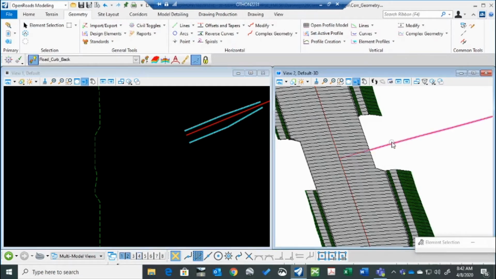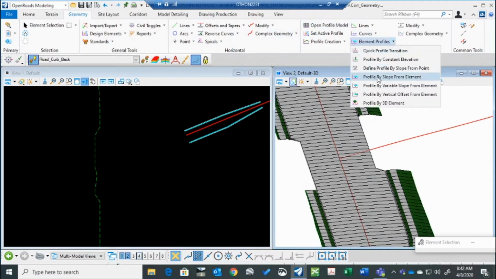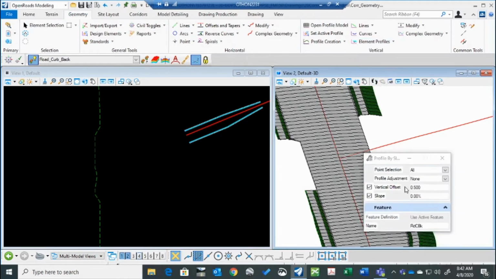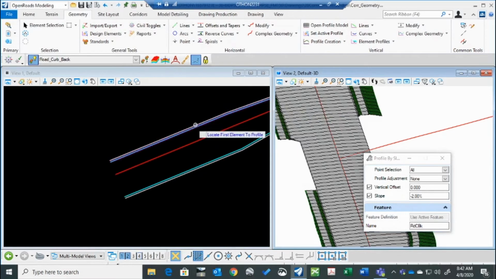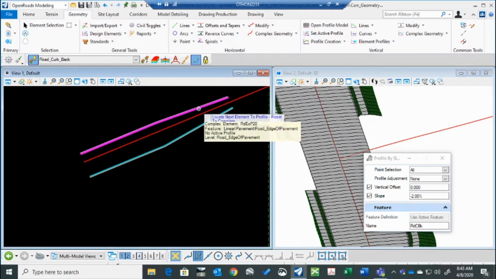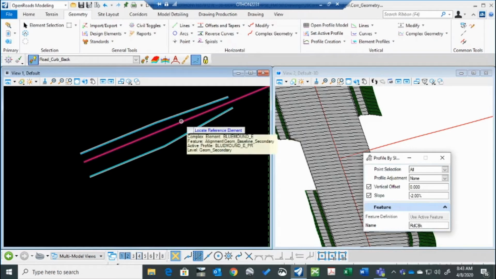But the other elements don't come in because they don't have profiles yet. We can set profiles to those elements using vertical, element profiles, profile by slope from element. We're going to make the assumption that it's a 2% slope to the edge of pavement. So we locate our element profile. Then it asks to locate, reset to complete, locate reference element. We're going to reference the edge of pavement 2% off of the